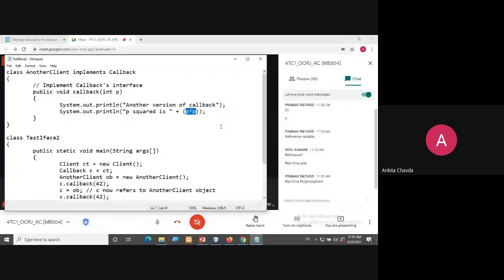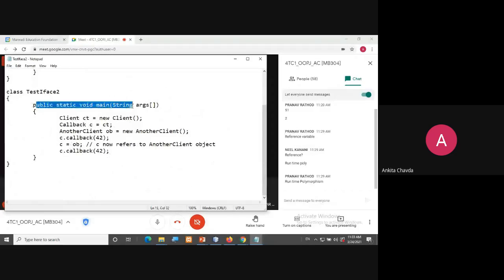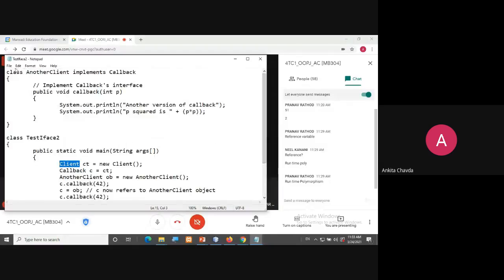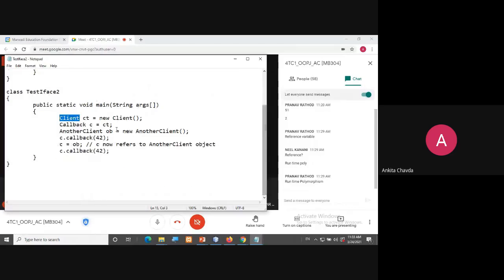Okay. Now I'm having another class with public static void main, right? And I'm creating an object of client here because my client class is public, or even if it is not public, they are in the same package right now, so we can access this client easily.